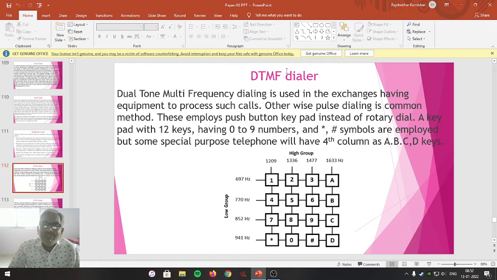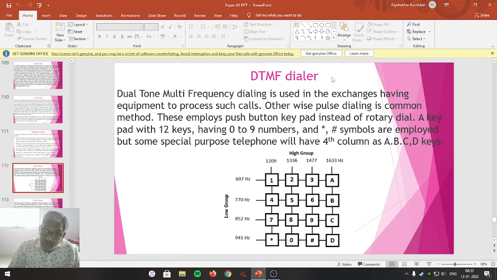So friends, if you are well acquainted with this dialing system, on your mobile the keypad is available. Previously, on a mobile handset only the external keypad was available, but nowadays we are using almost all touch screens to perform any operation on the mobile.